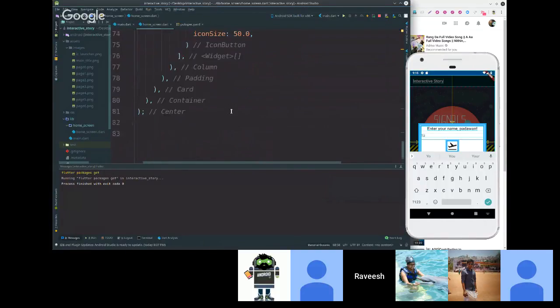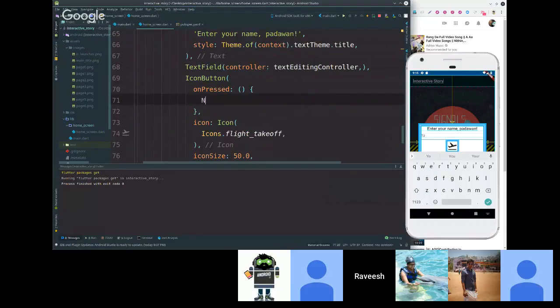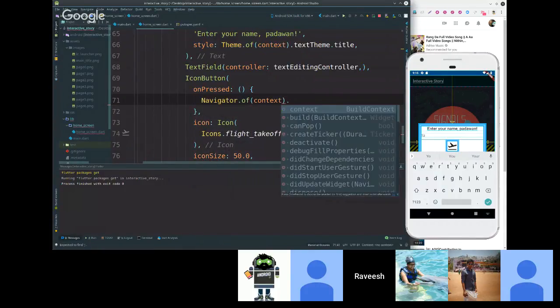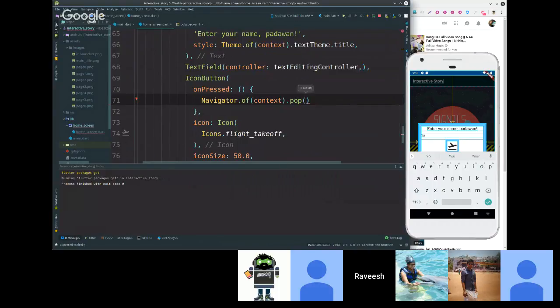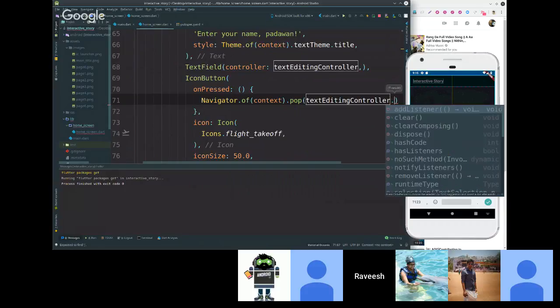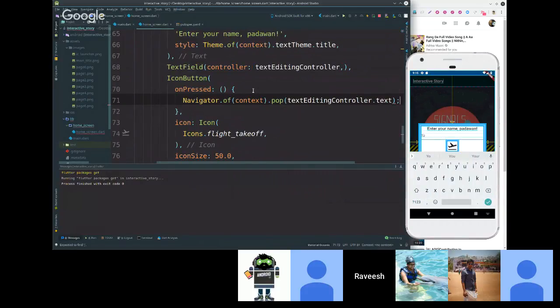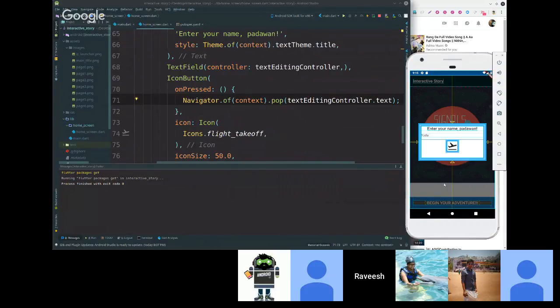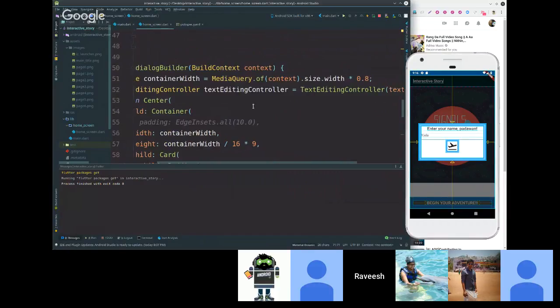This is where we come to the hero of today's show, Navigator. Navigator.of(context).pop(textEditingController.text). So what's happening is, navigator is a stack of screens. Basically, navigator is what controls the stack of screens. And right now this dialog is above the previous screen, and this dialog needs to be popped. Once we pop it, whatever result we put inside this pop gets returned to the thing that has been awaiting